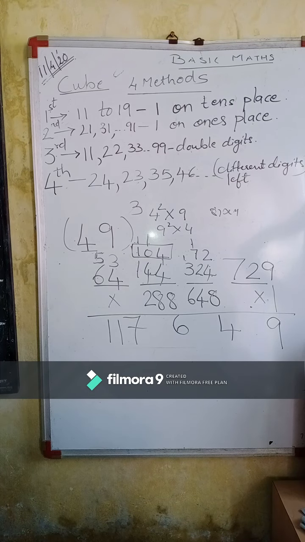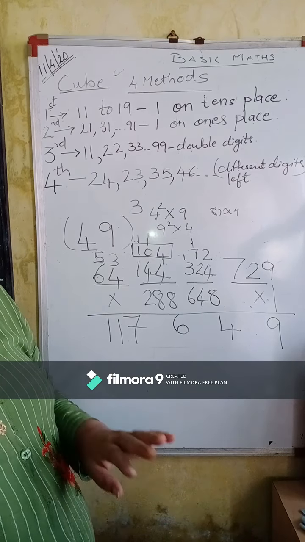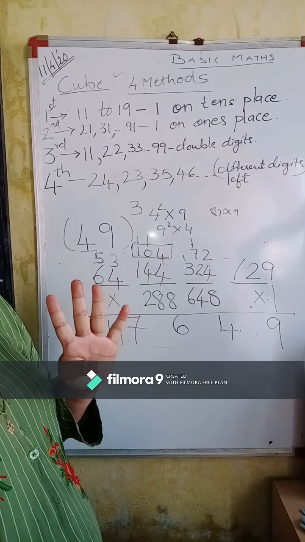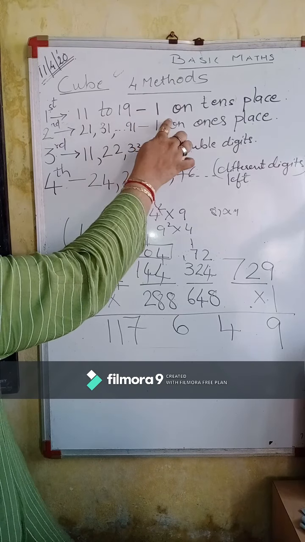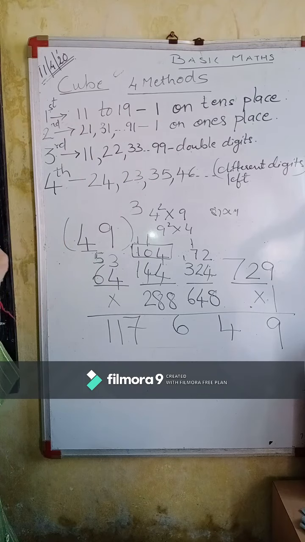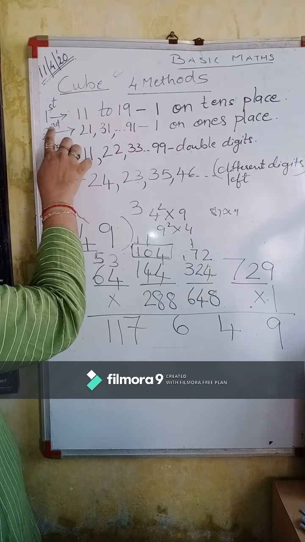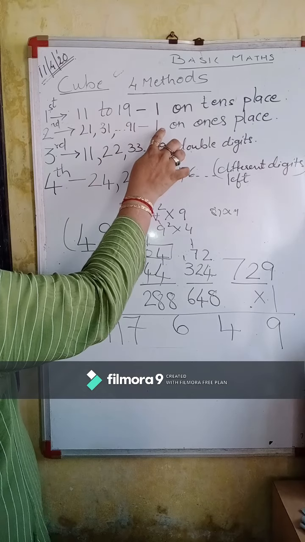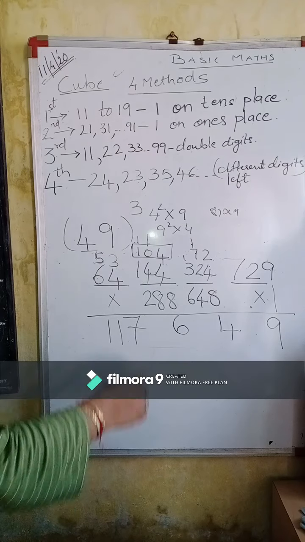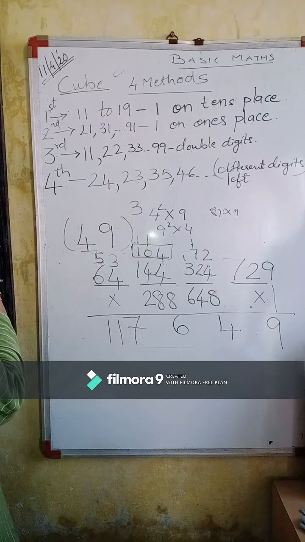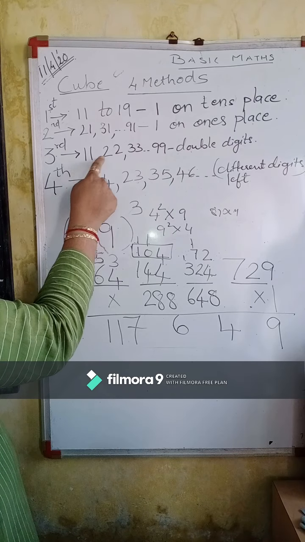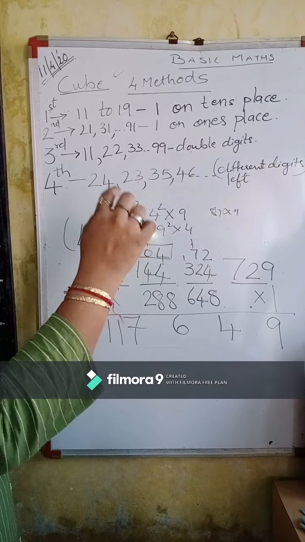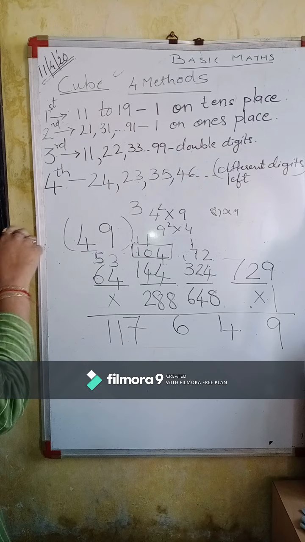49 cube. So did you understand all the four methods of cube? Again, for 11 to 19, that is 1 on 10th place, we did from 1. Okay. Then second method was 21, 31, 41, that is 1 on 1's place. From where the 1 starts, will go ulta, that is from right hand side. Then third we did cube, that is 11, 22, double digits. Okay, direct you have to write cube of the digit. Fourth is